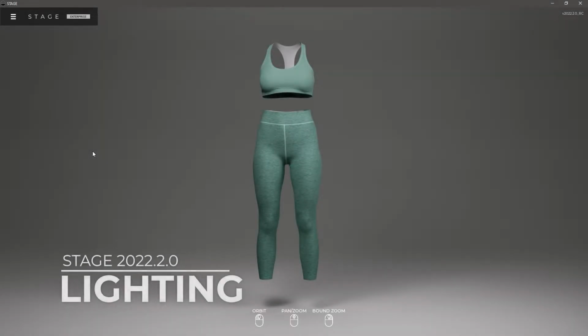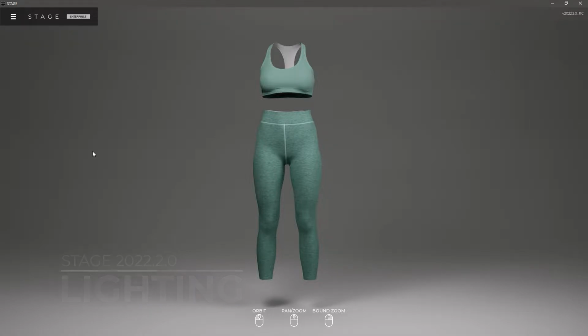In Stage, one of the most important things that we've tried to do is mimic reality in a digital space. And we really tried to make sure that if you're looking at a product, whatever it is, or anything that you're trying to visualize in here, that it looks as real as possible. And a lot of that comes down to the materials and the lighting, and especially the way that the lighting works. And so we built a lighting system in here that's super easy to use but very